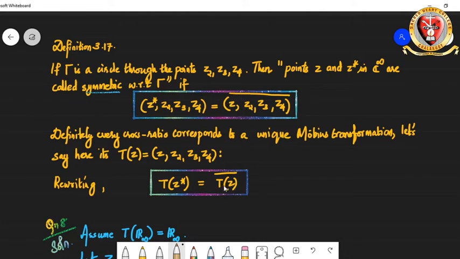So that is the definition of symmetricity of 2 points in the extended complex plane with respect to the circle gamma. So now let's just work out two